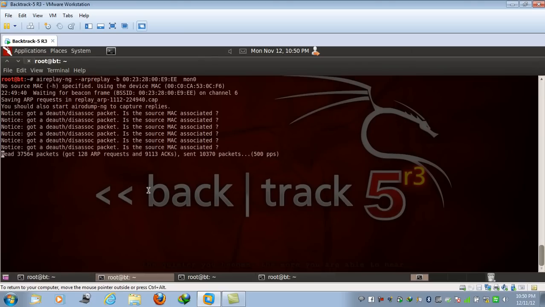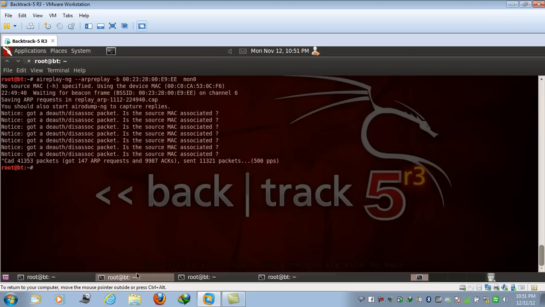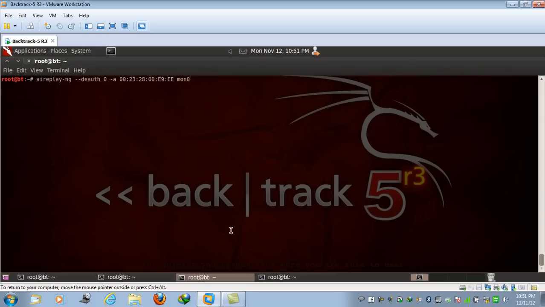So just because I am not able to generate enough ARP packets, let me stop this attack and search how many clients are connected to it. As you can see, a lot of clients are connected. So using a utility called macchanger, I can change the MAC address of my machine and fool the access point into believing that I am the real client. And there is also a very good utility, aireplay-ng. It has an option called -h, in which I can use the MAC address of the real client.